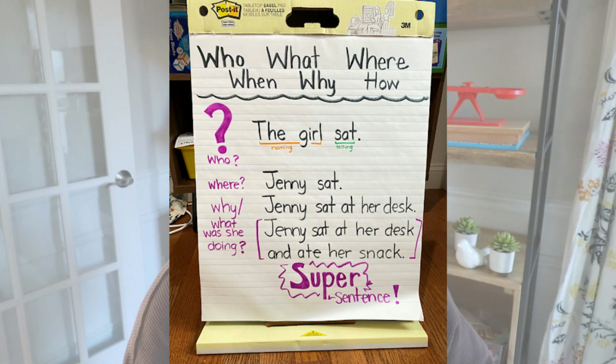So first we said who. Who is the girl I'm talking about? The girl is Jenny. So we changed the girl to Jenny. Next I asked where. Okay, where did she sit? Jenny sat at her desk. Then we said why, or what was she doing there? Jenny sat at her desk and ate her snack. So we took the simple sentence, the girl sat, and made it a super sentence by adding a lot more